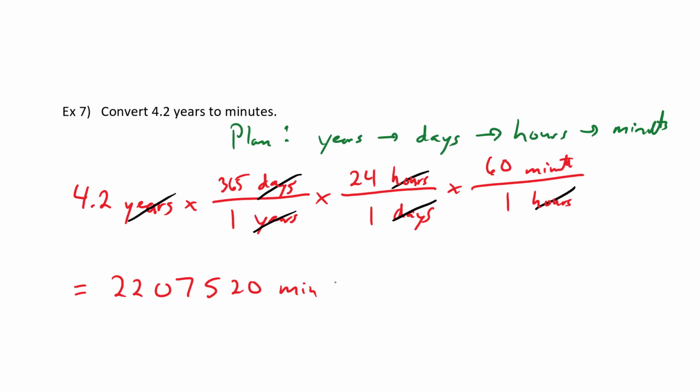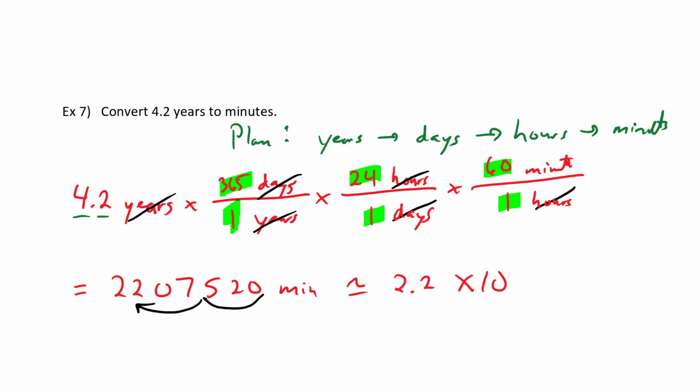Round this off to the appropriate number of significant digits. These are all exact values. As a result, we only have one value that is measured. So this will round to 2 significant digits. Let's put it in proper scientific notation. 2.2 times 10 to the